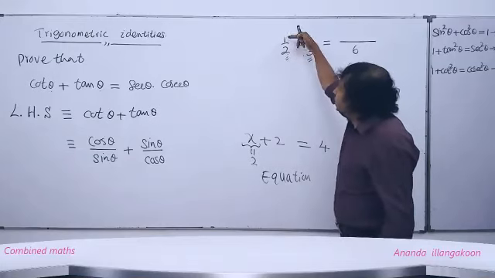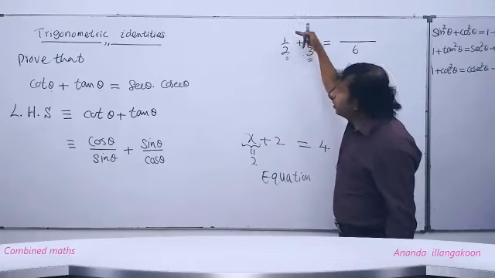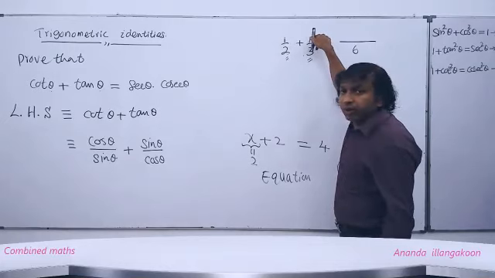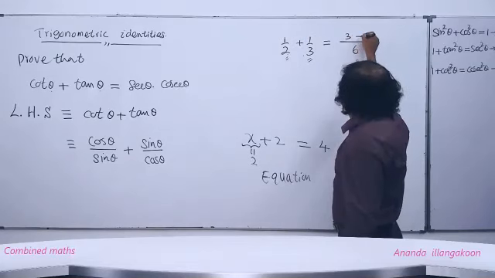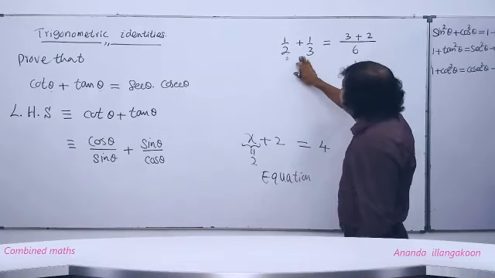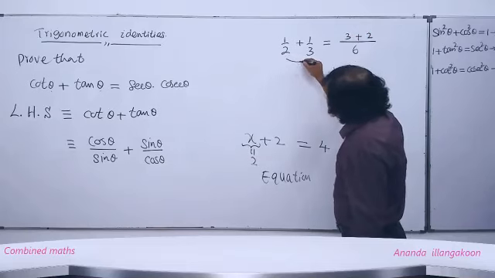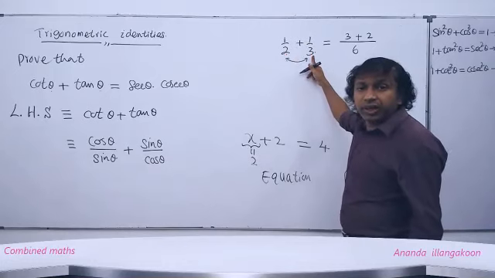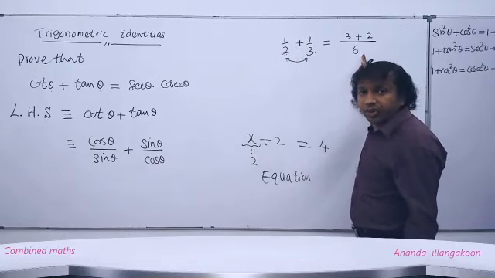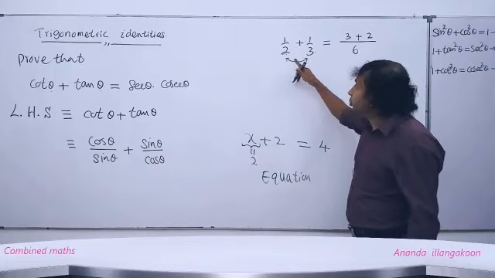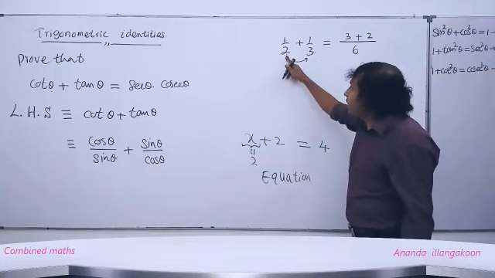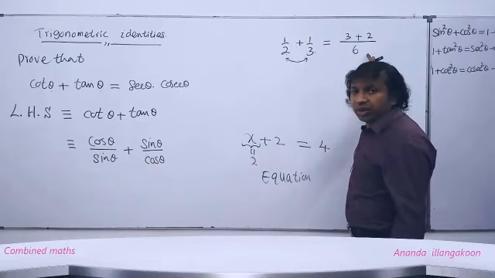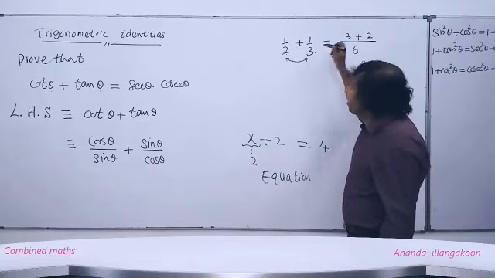Then this 1 should be multiplied by what, people? 3. This one should be multiplied by what, people? 2, no? Then 3 plus 2 coming. Here, remember, when you take the product of these denominators, when you multiply this and this to take our common denominator, this 6 is called the common denominator of this 2 and 3, right? When you multiply these two to take our common denominator, then very easily this and this we can